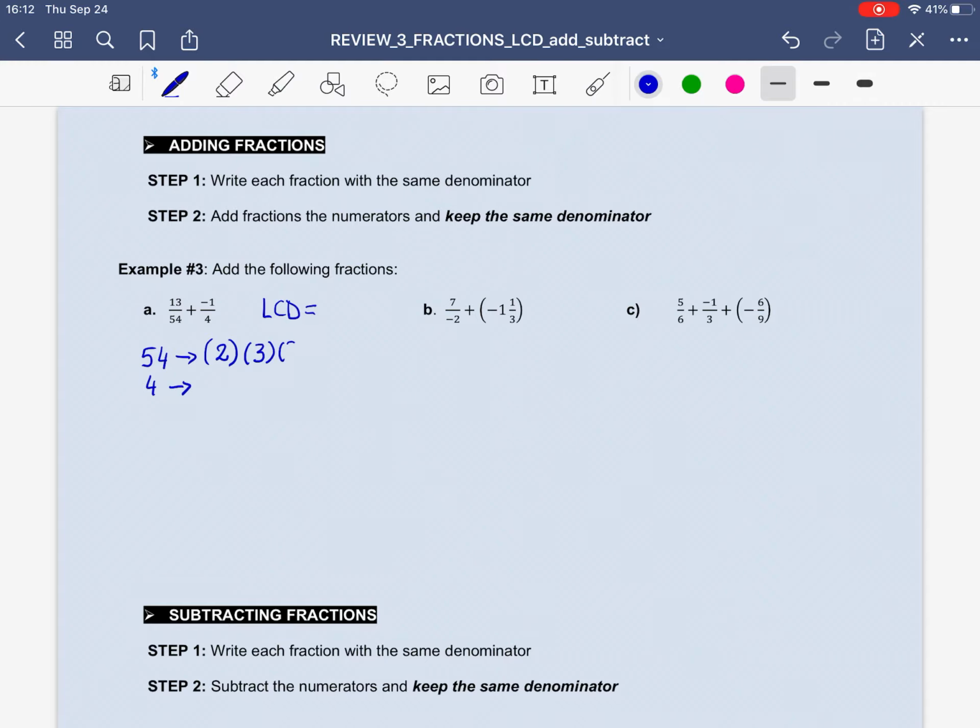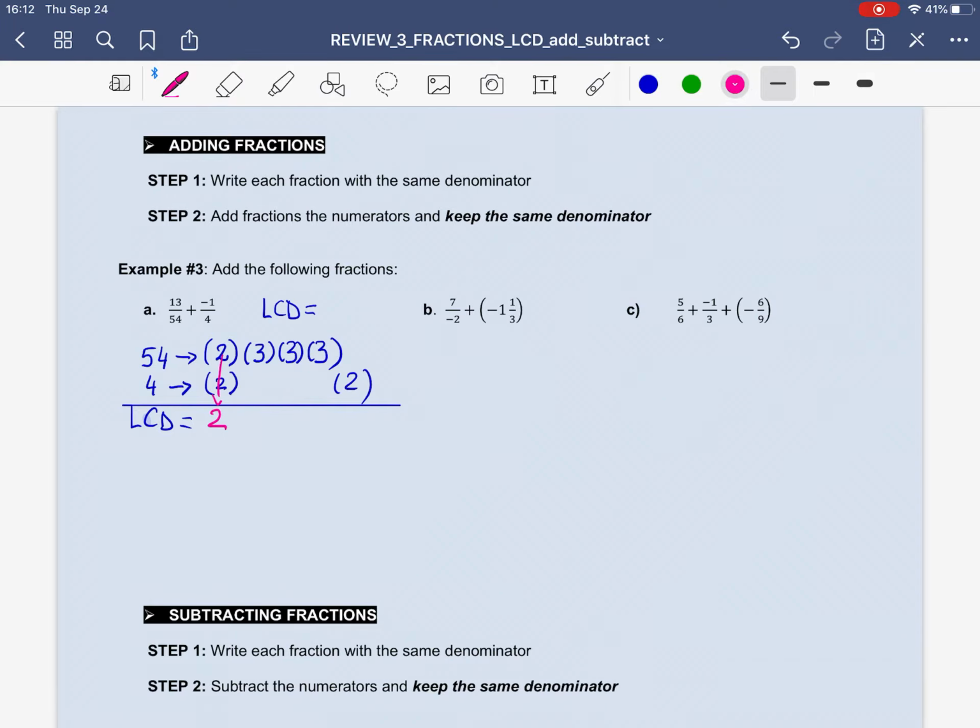So it has a 3, and then another 3. So 2 times 3, 6 times 3, 18 times 3, 24, 54. Number 4 has the multiples 2 and 2. We don't have another spot for 2, so we need a new one. Draw the line. So lowest common denominator is equal to,